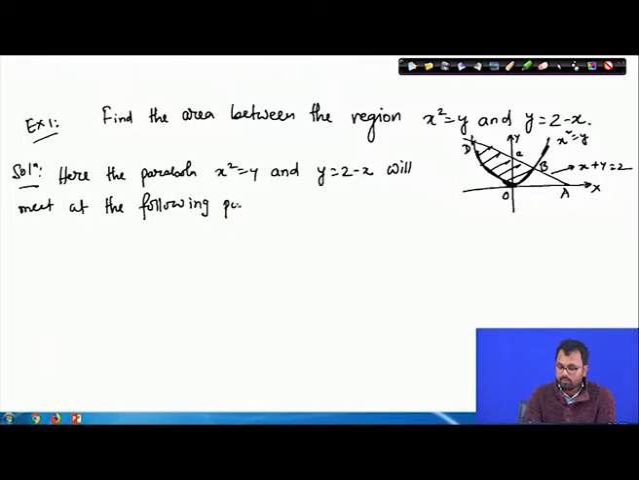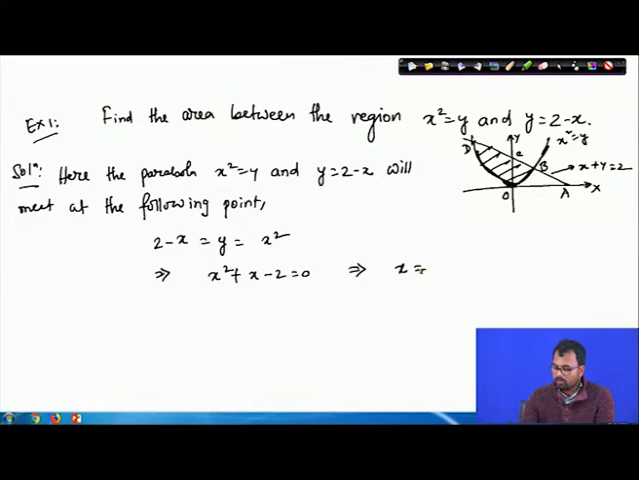So how do we calculate? We just substitute y equals x squared in this equation, so it will be 2 minus x equals y equals x squared, and therefore this will become x squared plus x minus 2. So the roots of this equation will be